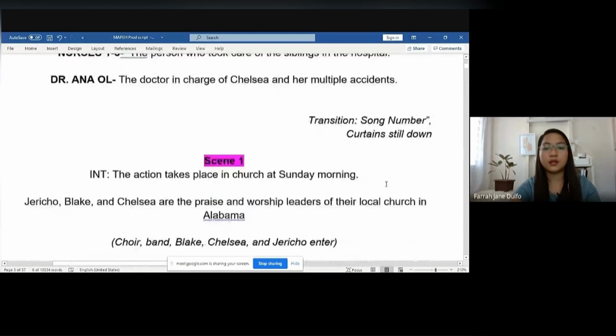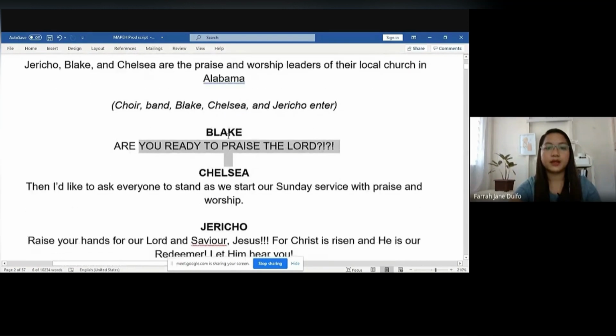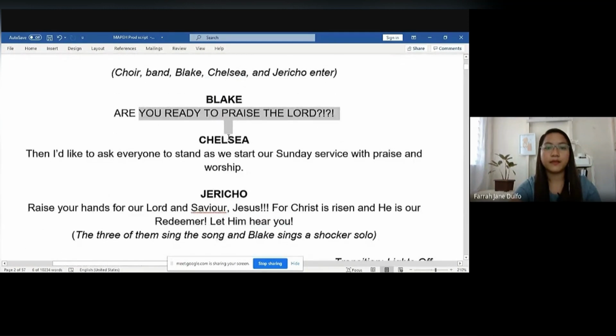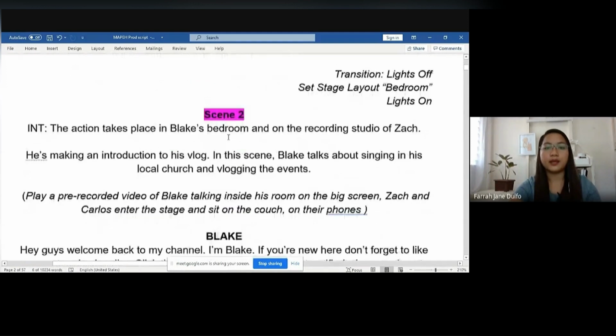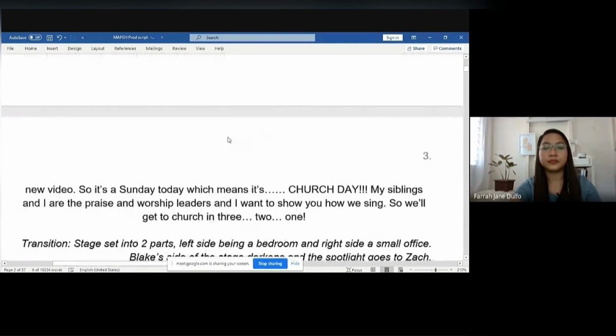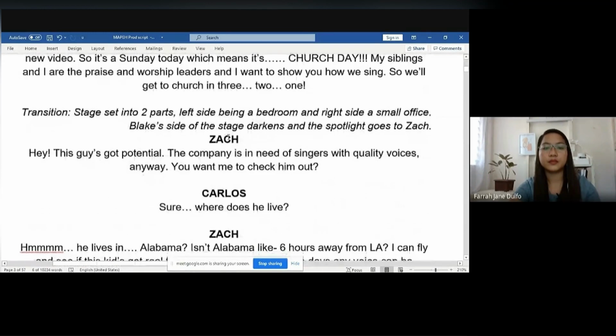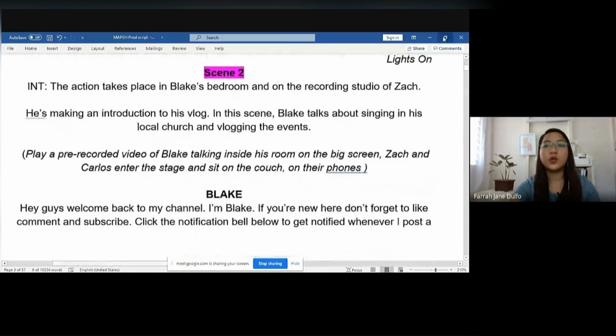So you have here this one, then this part here. So that's a formal script, right?